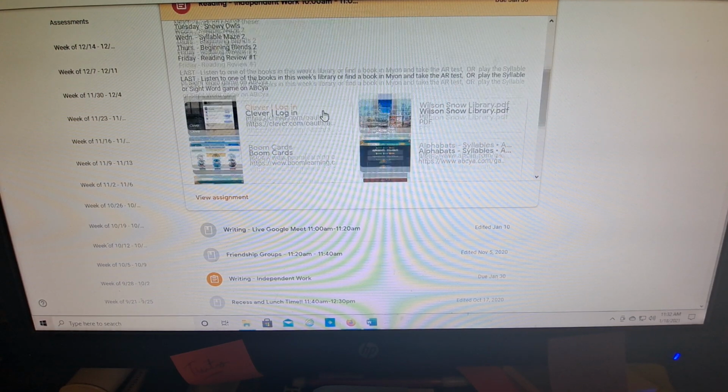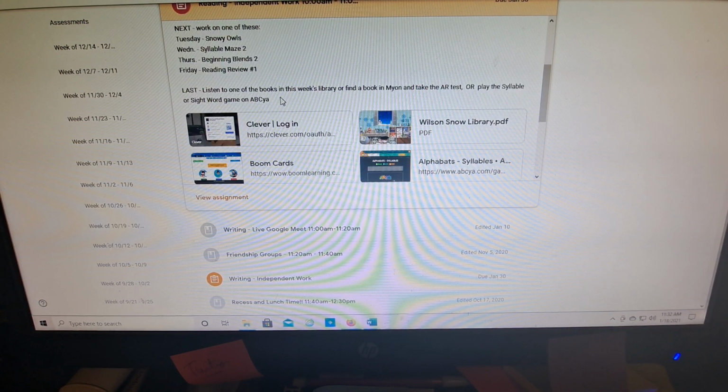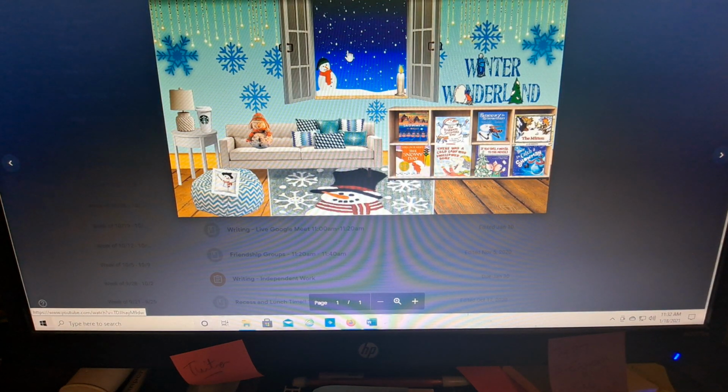But again, I will go over it with the kids. Whatever the worksheet is for the day, we go over it as a class. Then they're meant to do it independently. Then when they are done with that, they can look at one of the books in Myon. Here's our library, some snow books. I actually did some extra links. Like this is an extra link to